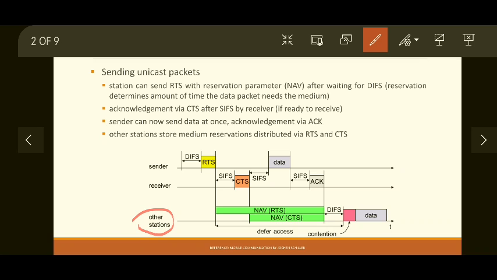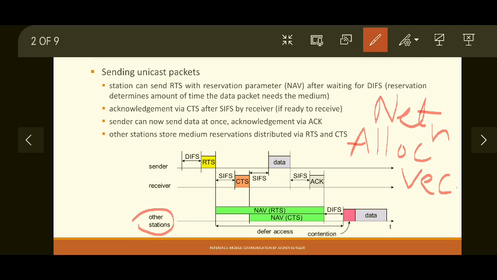Now what is NAV? NAV is a reservation parameter. Full form is net allocation vector. It is a time for which sender will require medium for complete transmission of data. So net allocation vector is a time for which sender wants to reserve a medium so that it can completely